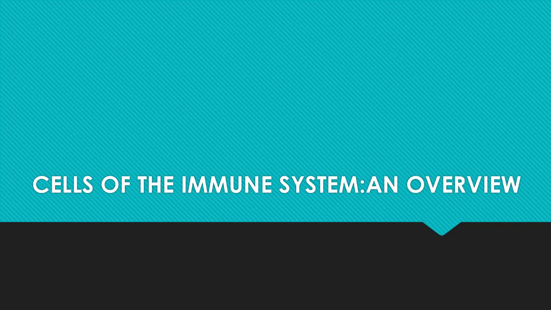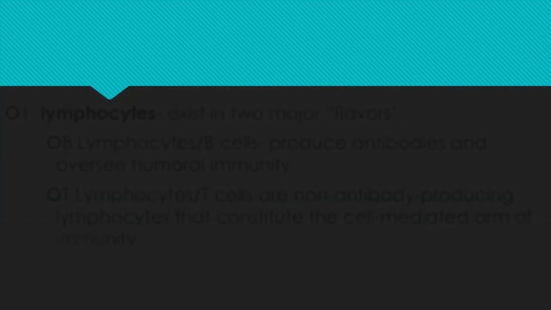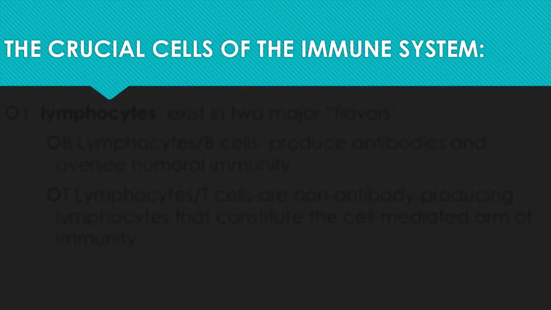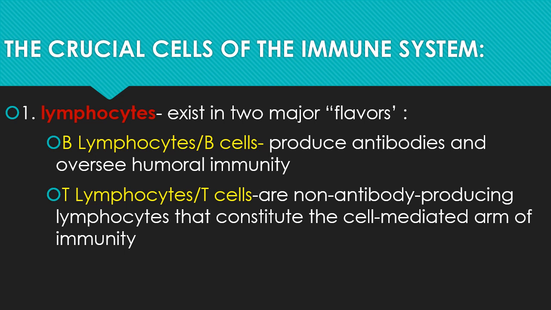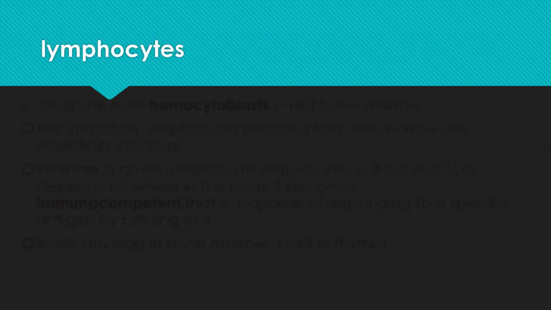So we go now to the cells of the immune system. What are the cells of the immune system? We have the crucial cells of the immune system. We have the lymphocytes, which exist in two major flavors. B lymphocytes or B cells produce antibodies and oversee humoral immunity. T lymphocytes, T cells, are non-antibody producing lymphocytes that constitute the cellular immunity. And of course, we have the